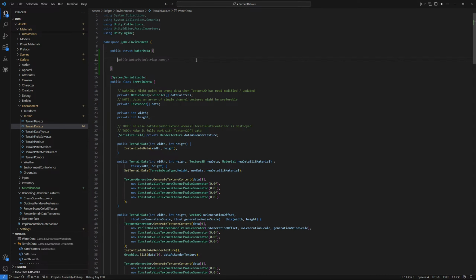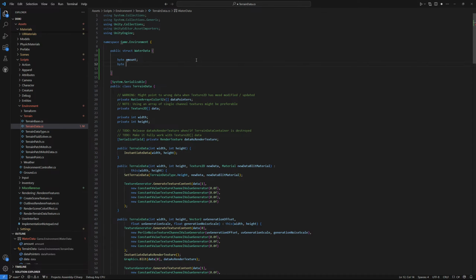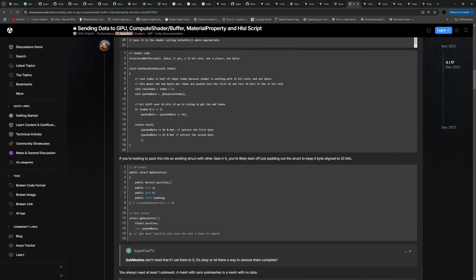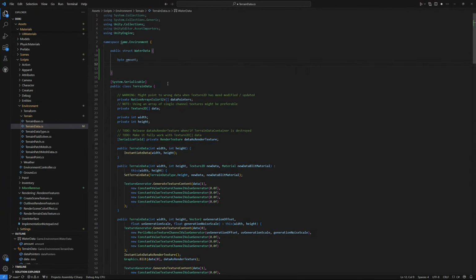Public struct water data, byte amount. We could go pretty crazy: byte amount, vector2 direction, and stuff like that. We could do this, so be very specific. Terrain data includes a list of water data structs,